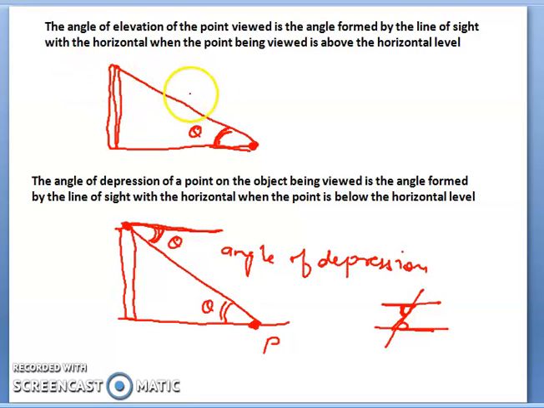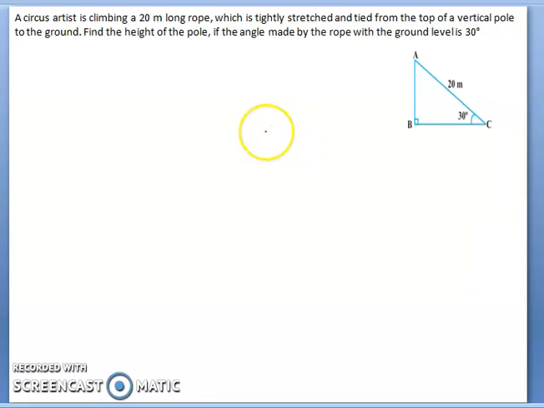For this chapter, we are always going to use the angle of depression and the angle of elevation, and we have to find the distance and height. Why? Because the distance from the top of the building or from the foot of the tower, and the height, are always mentioned in the questions.